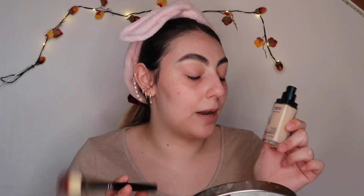Right, okay. I bought a new foundation and I tried it out. I didn't want to try it out on camera because frankly I was just like, let me just try it out now. Should have probably filmed it. But oh, it does have SPF. It is the Fit Me Luminous and Smooth Foundation. I've been wanting to get my hands on this one in my shade for ages. But for some reason in Mexico, I can't ever get any drugstore foundation that fits me, matches my neck, or does anything. So this is a 110 porcelain, and